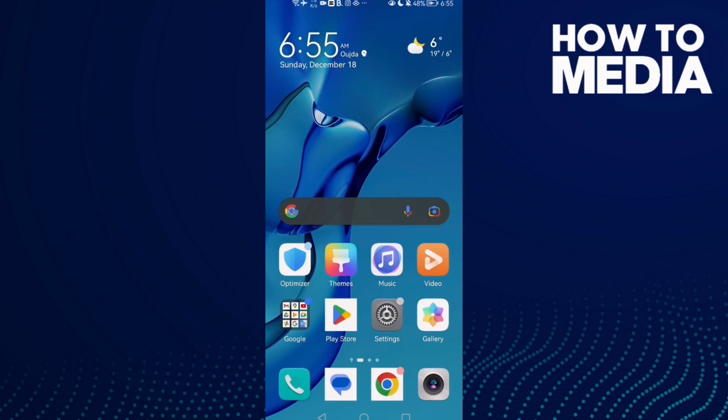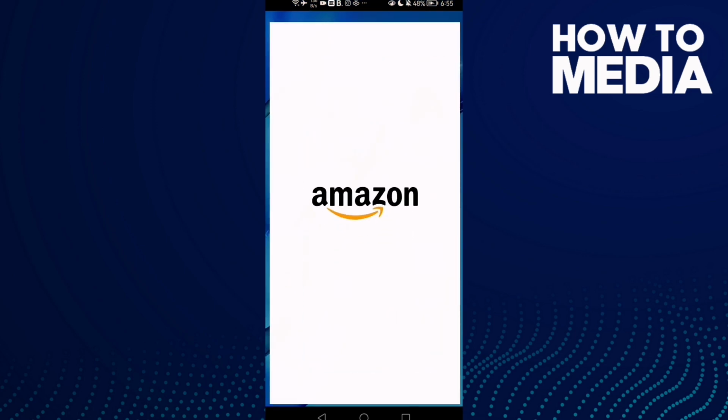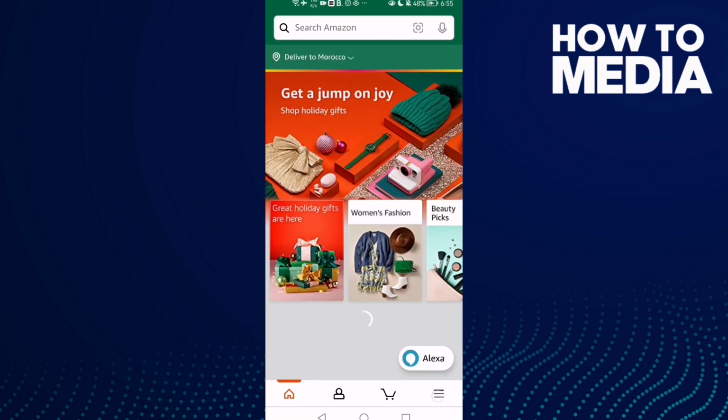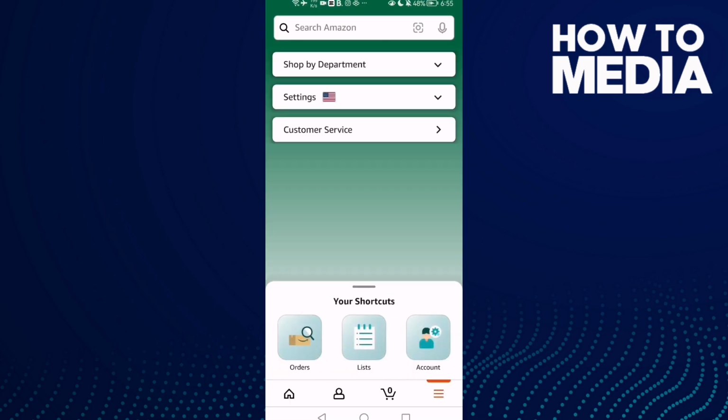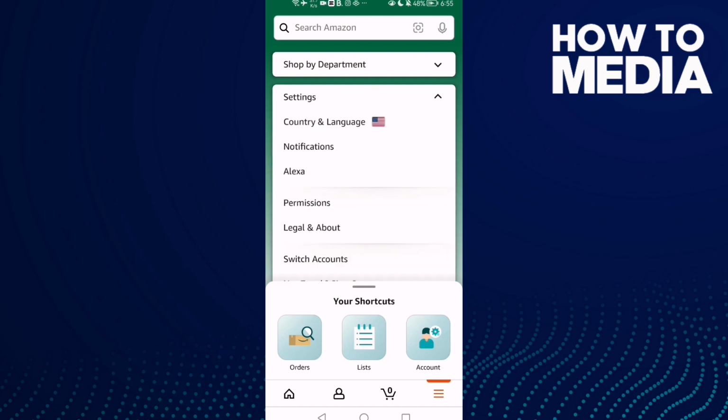How to turn off or on location permission on Amazon Cash, on Amazon Shipping on Android or iOS phone. First open Amazon Shipping and then click these three lines here, and once you're here click settings and then click permissions,